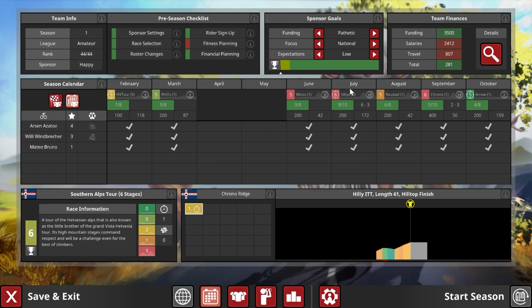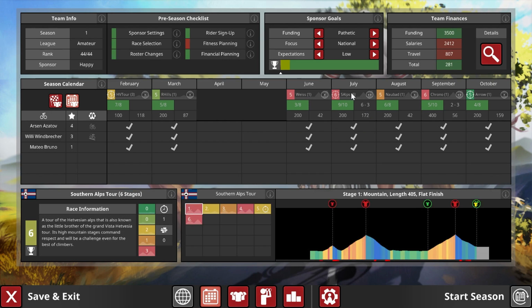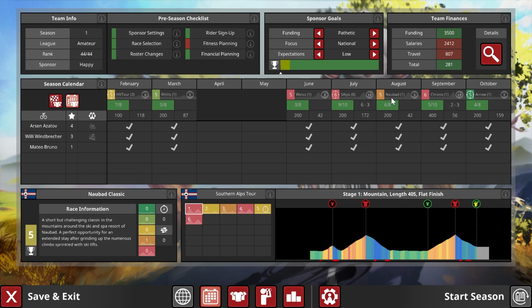Oh, this is looking very, very hilly. But the Weisshorn challenge, yeah, that's pretty good for him. The Southern Alps. Do we want to, with Willi Windbrecher, try and focus on some of...